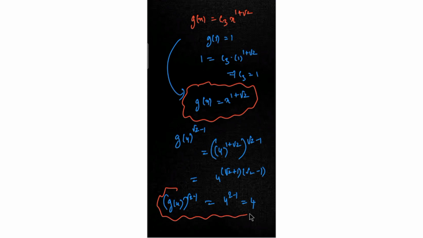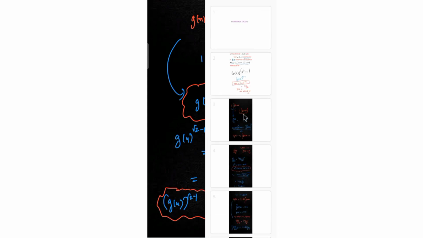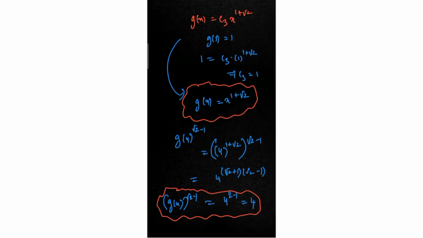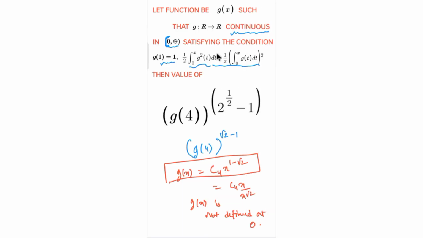It's a very good question, a completely conceptual and logic oriented question. We find a lot of steps where we use the Newton-Leibniz theorem, and also the logic of why we need to use it: just to get an expression, to get the relation between g of x and g of t, and h of x and x. That's the reason we have used the Newton-Leibniz rule multiple times.